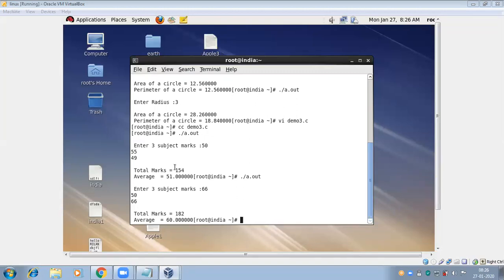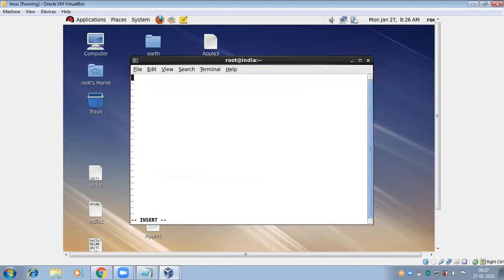Friends, in the same way, here we are practicing the simple interest program. Three variables: principal amount, time period, rate of interest, and the resultant value.